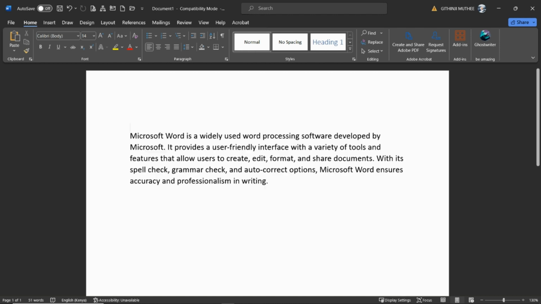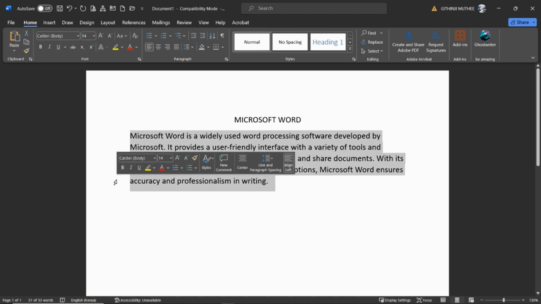Let's give our text here a title, Microsoft Word, okay? So let's first change the font style. So select the text you want to change. Let's select our paragraph. Go to Home tab,